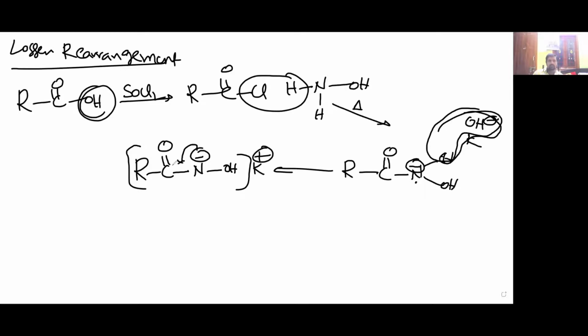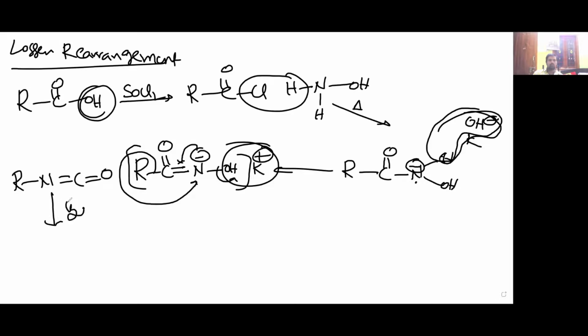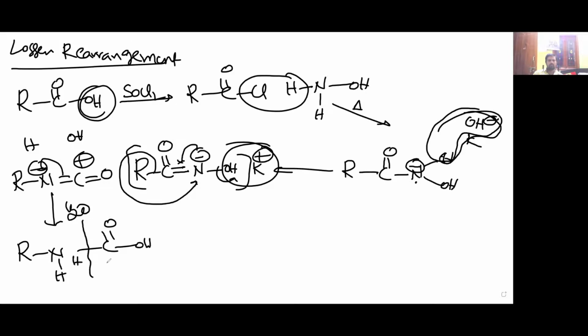After that, please remember, this is the double bond. Carbon with 5 bonds is unstable. Please see that KOH is eliminated. Then R-N double bond C double bond O. Then water is added, alkyl isocyanate. Then the bond shifted like this, negative, positive. H is added, OH is added. Then R-NH-COOH. Further, you add water, meaning H is added, OH is added. Finally, you are going to get R-NH2. I hope you can understand. So this is called the Lossen rearrangement.